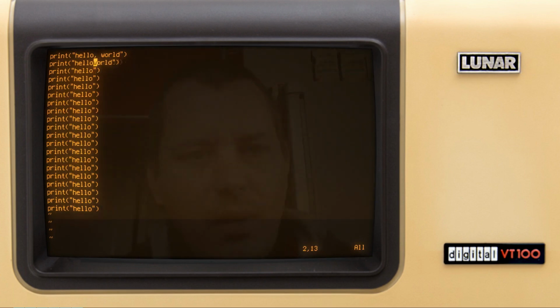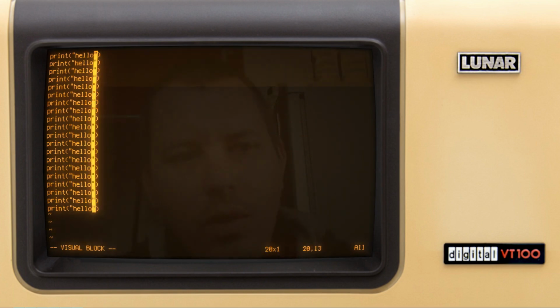So if I say, let's just drop back to the initial state. So just want to have this like so, and now I can use Control V to go to the visual block mode. And if I now say 19 times J, and J is for HJKL for moving the cursor, so going down 19 times, I select this quote, and I say